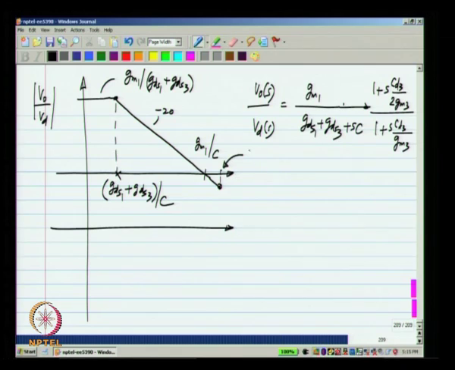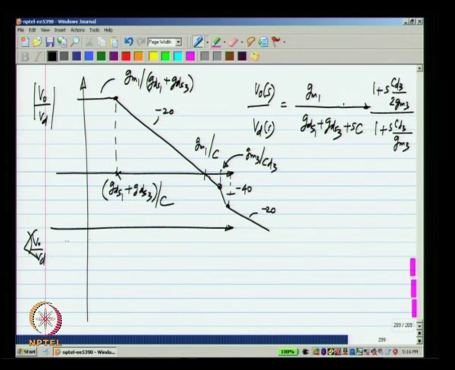There is another pole at GM3 by CD3. So, the slope changes to minus 40 dB per decade, and then at twice that frequency there will be a 0 and it changes back to minus 20. That is what the magnitude response looks like, and the phase response